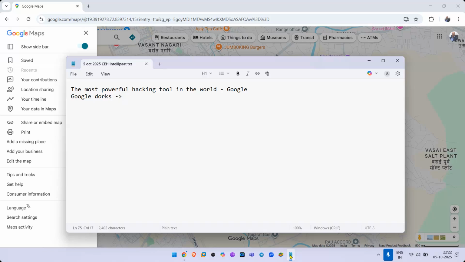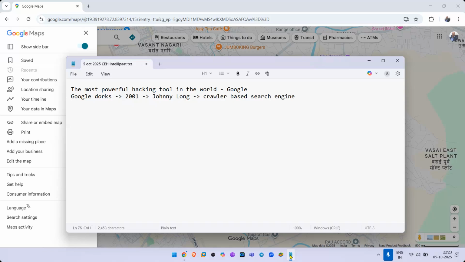Now, in the year 2001, there was this guy called Johnny Long. Johnny Long realized that Google is one of the most powerful search engines. This search engine is called a crawler-based search engine. What is a crawler-based search engine?